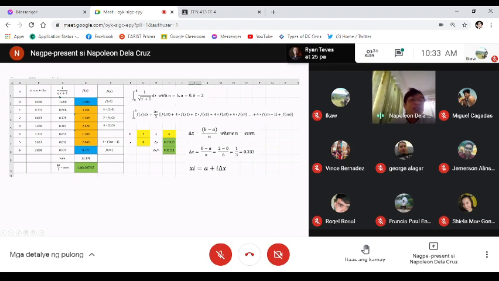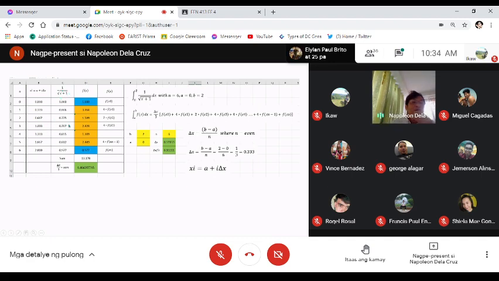0.333 plus 1, that is the square root of 1.333. 1 over square root of 1.333 will now be equal to 0.866. Then the same way, this is 0.667. You plug in the 0.667, then execute this one, that will be now 0.775. You substitute the 1 there, this will become square root of 2, 1 over square root of 2,